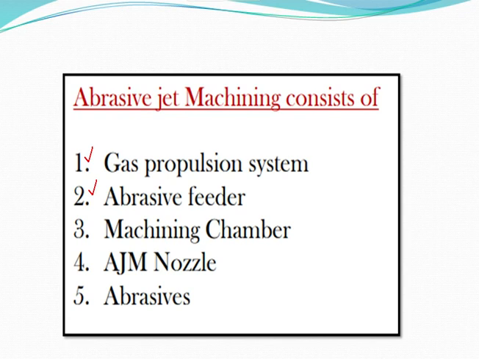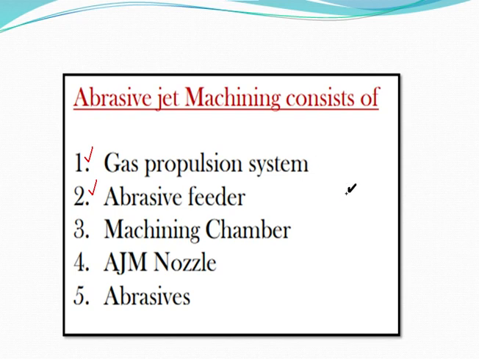The mixing ratio is controlled by the amplitude of the vibration of the sieve. The particles are propelled by carrier gas to a mixing chamber, as I have shown you in the figure. The air abrasive mixture moves further to the nozzle. The nozzle imparts high velocity to the mixture, which is directed at the workpiece surface. Is that clear to all of you?